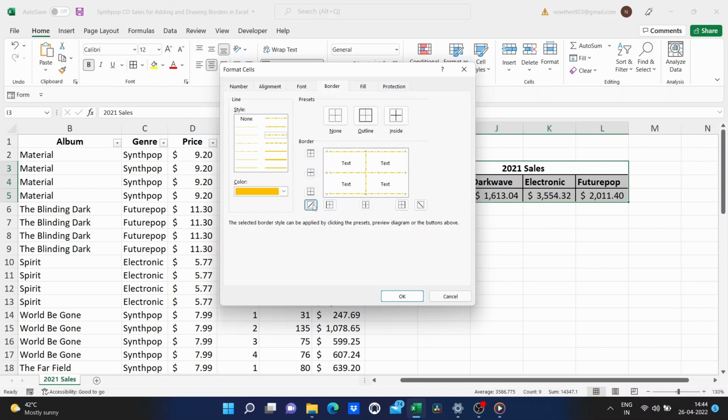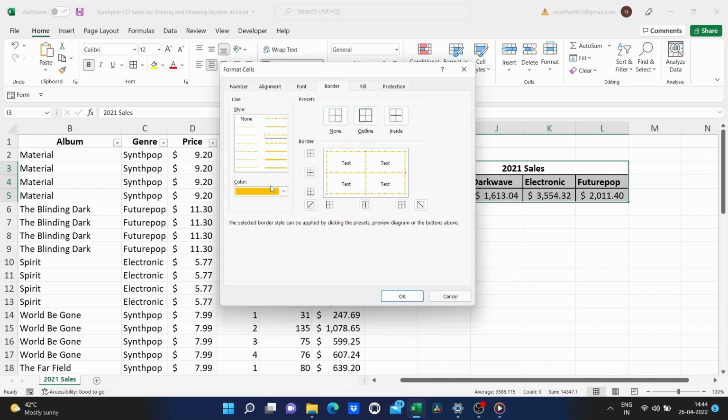You can put diagonal lines as well through the cells if you want. We have a left border, there's the center vertical border, and the right border. And there we have another diagonal line. So, using this pop-up box, we can customize the borders exactly how we want them to be in our spreadsheet.